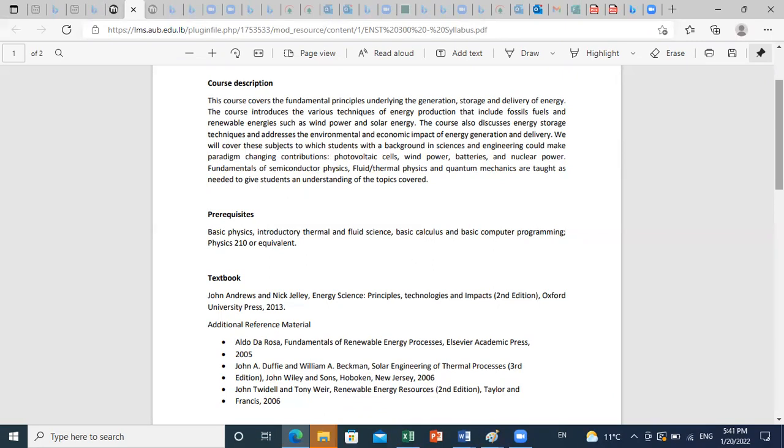Now, in addition, we will cover all of these subjects with students with different backgrounds in sciences, engineering, and maybe outside of engineering. And we would like to also see what are the main trends of research today for use of energy, like the